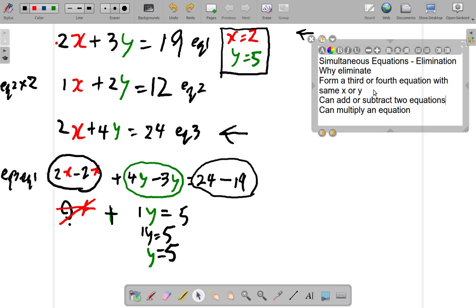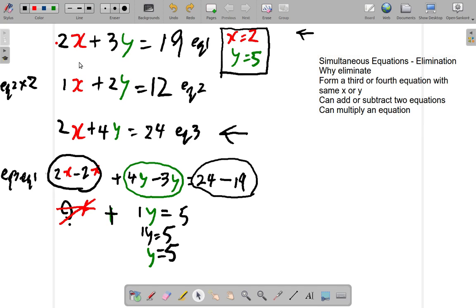Right, we can add or subtract two equations. We tried adding the two equations. We still had an x. We wanted 0x, but we had a number x. We tried adding or subtracting. We still ended up with a y. If we got 0y, we would have eliminated y, but we still had a number y. So if we add equation 1 and 2 and still have x and y, nothing eliminated, and we subtract equation